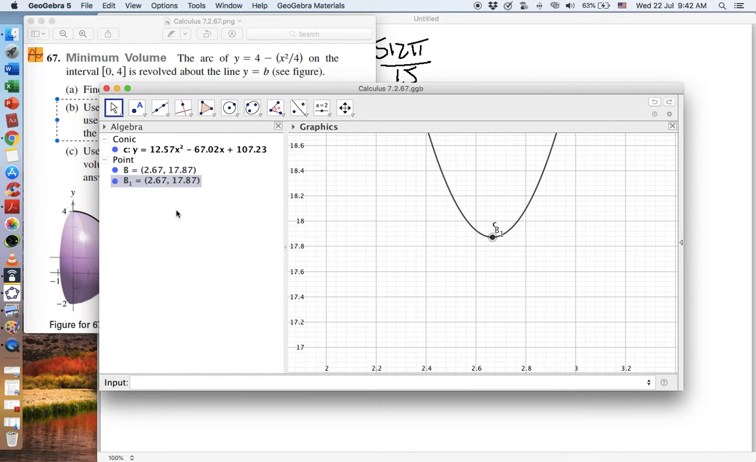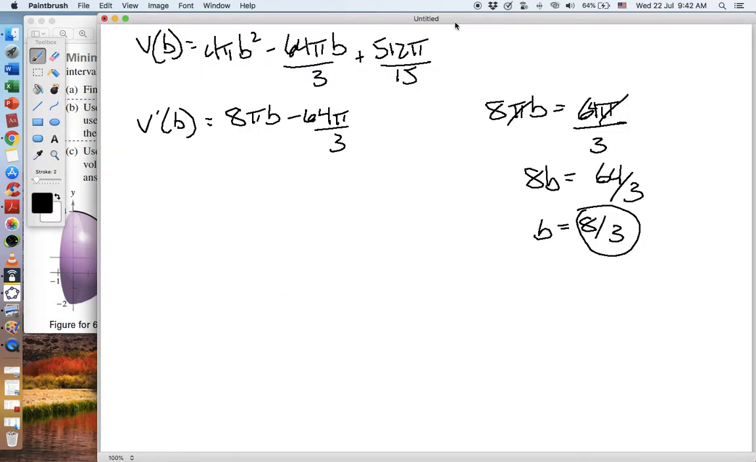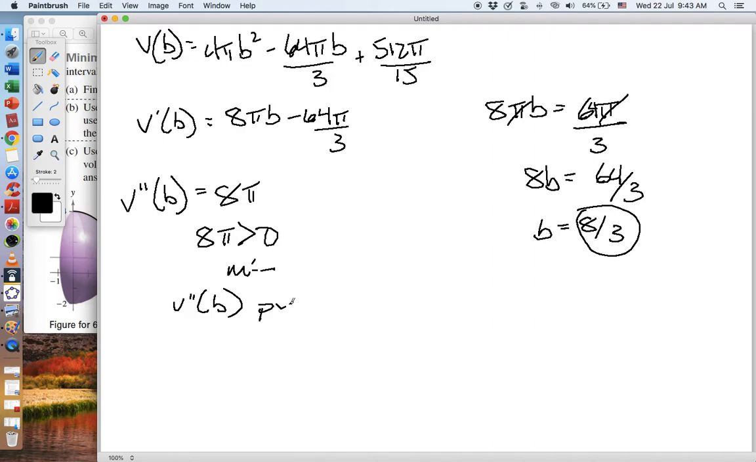And we can see by the graph that it is a minimum, but if we wanted to prove that, we can take the second derivative. Second derivative of v of b is just 8 pi. We just get rid of that constant. This is all a constant, 8 pi. And since 8 pi is greater than 0, then we have a minimum, because if v double primed of b is positive,